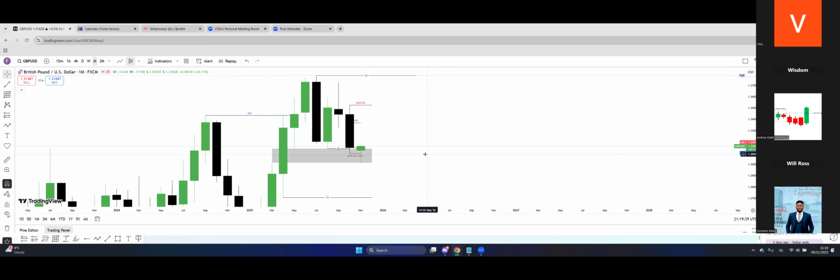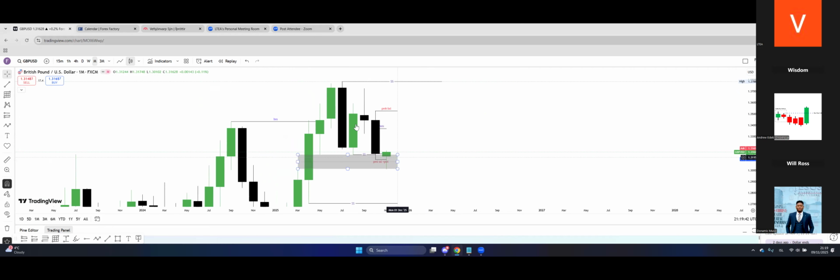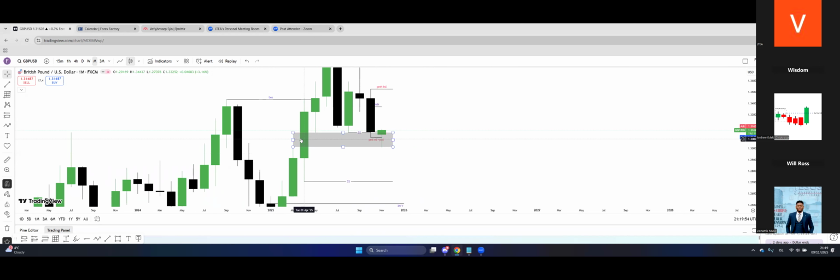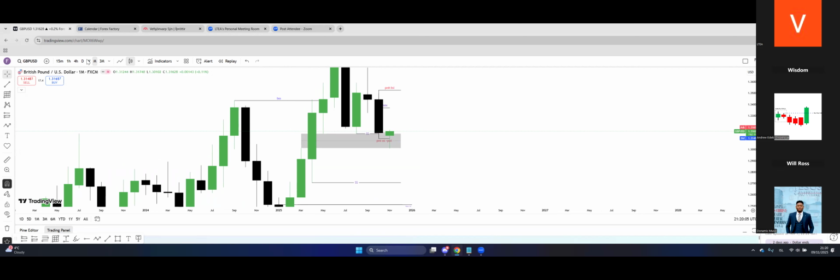And what can we be expecting from here? Are we coming for this high, the previous month high, or some kind of internal highs, or for price to continue going down? Because looking at this time frame right now, all we can see is price seeking lower liquidity. There is nothing telling us that price wants to go higher from here, apart from price being inside this inefficiency that it just rebalanced. Nothing else is telling us that price wants to go higher yet. So now we can go down to the weekly time frame.